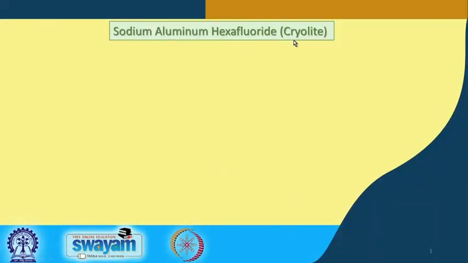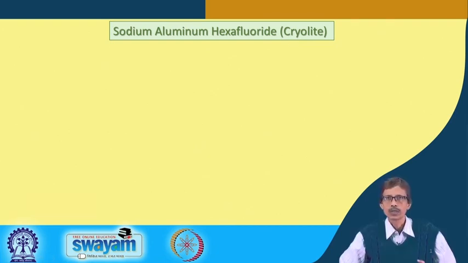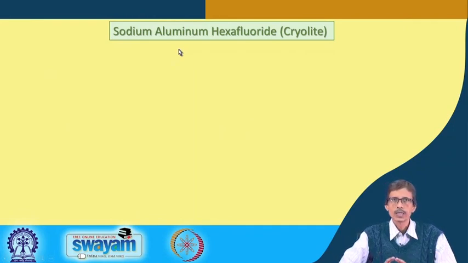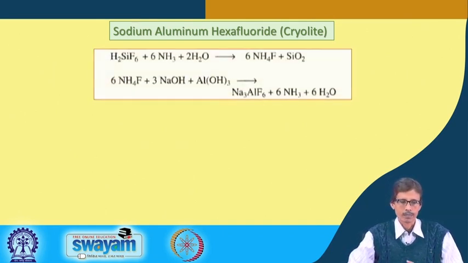A commercial name of it is also cryolite, where we know that this is the typical isolation procedure for the different cryolite material from the different sources, which can give us the corresponding industrial preparation of aluminum, which is a very important one and is typically an electrolytic process. But if we consider it typically as a compound, how can you get sodium aluminum hexafluoride from the typical raw materials,